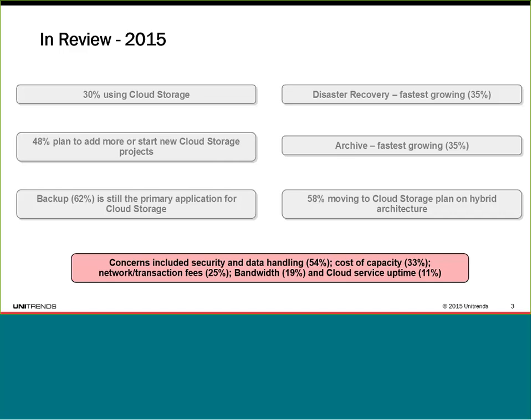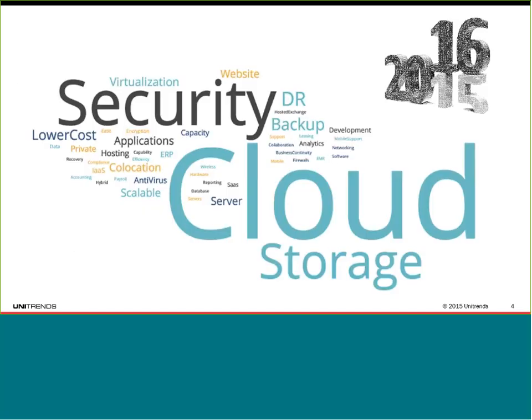And just a mere 15% have anxieties about service uptime. So what happens if the cloud goes down, right? You need to have a cloud-to-cloud or some other type of backup or assurance that if that primary site cloud goes down, that you have a secondary site cloud that continues to operate and has your data associated with it. So those are issues that we'll see as we move into